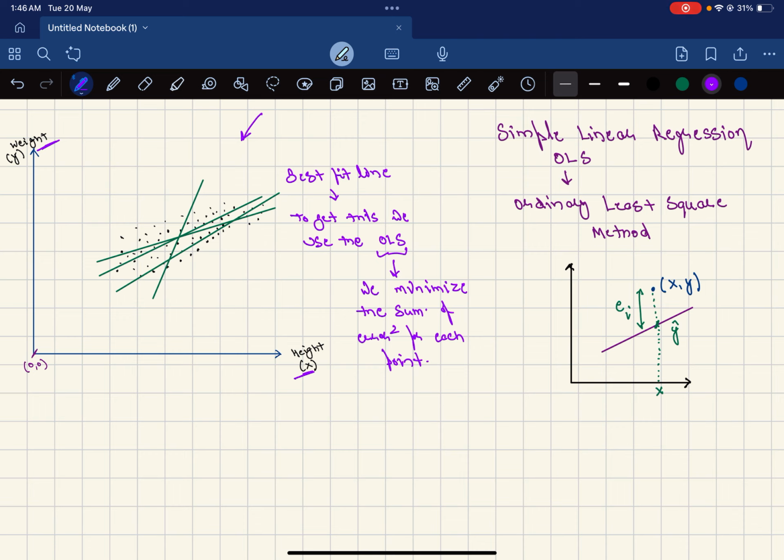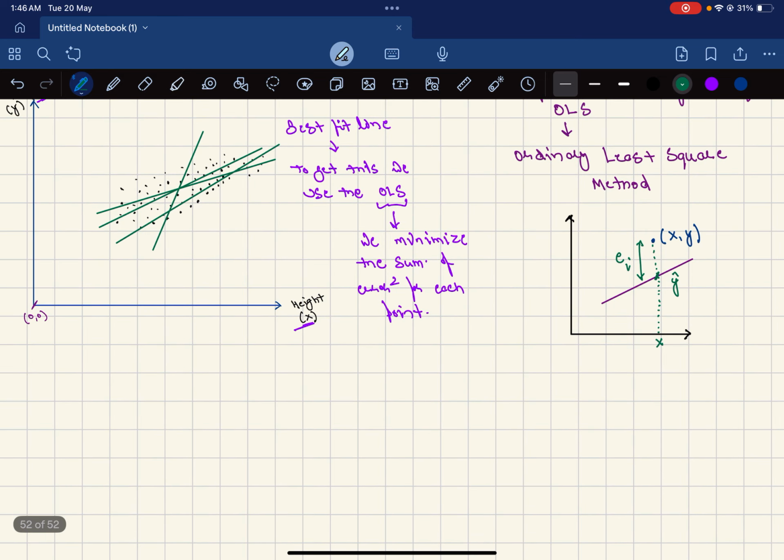Now, since there are two variables here, x and y, x represents the height, and we are trying to predict weight using x by getting a linear relationship between the two. The best fit line, since it's in the 2D plane, would look like y equal to some constant a plus some constant b into x. Here, a is called the intercept,